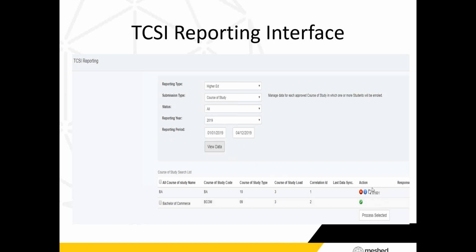So you can see here the system for every record that is pushed across is going to generate a unique correlation ID, and that is how the system is going to look at it later on. For example, if you are pushing the course of study and the TCSI returns a correlation ID, that correlation ID now needs to be linked to your student management course program information,